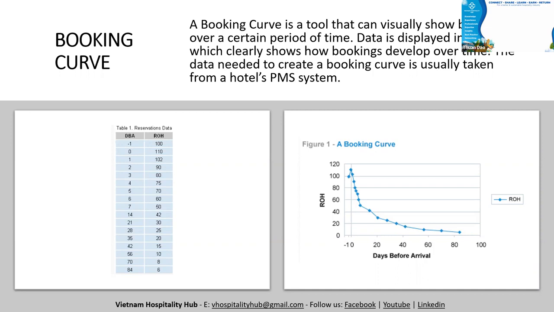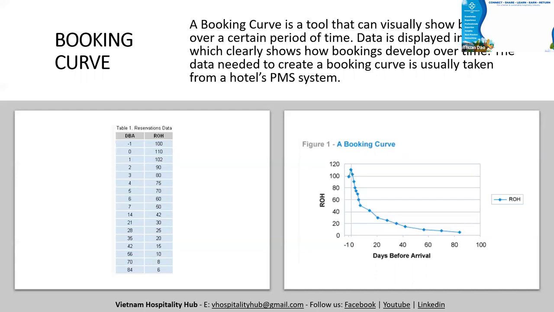All right, so this is the main purpose of doing this analysis. So if you know that before the check-in day, 14 days, we just have 42 bookings only, that means if you are now at the current time, still like 20 days ahead, I mean 20 or 28 days, you cannot expect 42 bookings on the book. You just expect like 25, something like that, based on this kind of analysis.